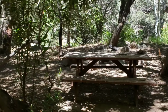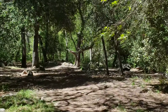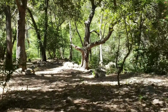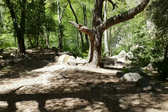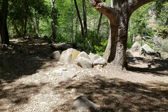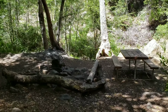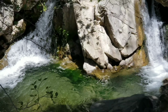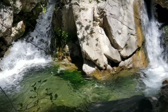Well, this should be Manzana Narrows campsite. Let's see what's down here. Oh, pretty big campsite. Another picnic table. Whew. We'll stop here for a, oh, nice little swimming hole with two waterfalls, right by Manzana Narrows campsite. Very nice. Trouble is, I already took a bath. Oh, this is another really nice pool